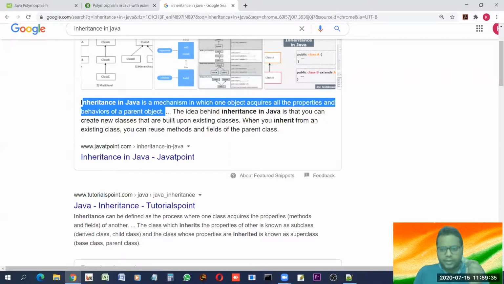I mean, if you have already defined functions and data for some purpose, and now after 6 months, 1 year, you need a similar class, but with 2, 3 more extra features, then you do not need to create the whole class from the beginning. You can inherit the existing class. Inheritance acquires all the properties of the existing class, and all those properties will be part of the new class without actually defining them. This is how we can reuse the existing code and add new features in the new class. And this is how our work becomes easy.